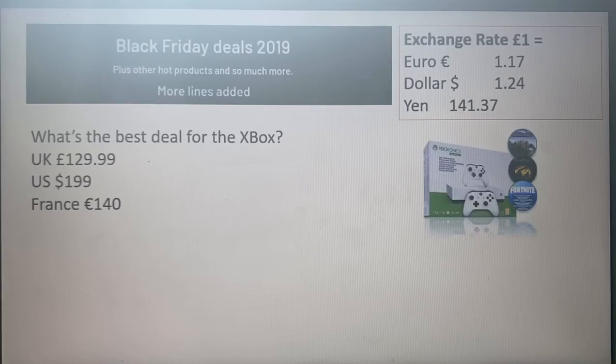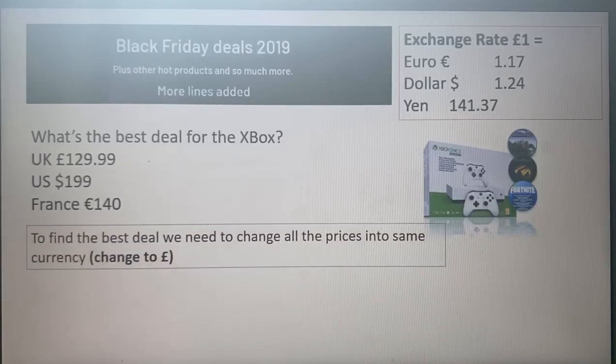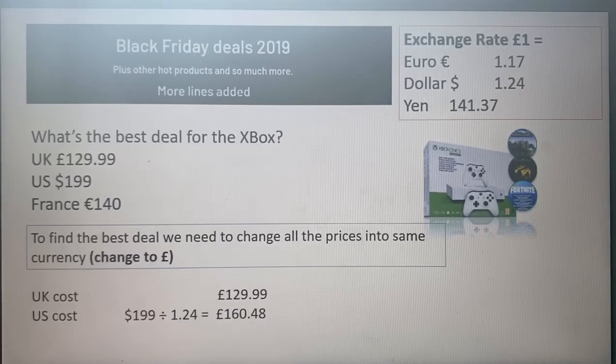In order to work out the best deal, we need to put them all into the same currency. In other words, change them all into pounds, because that's the exchange rate table that we have. And then we can compare and see what the best deal is for those. So the UK pound is there, that's £129.99, but we've got the US dollar price of $199. So to change that into pounds, we're going to divide by 1.24,